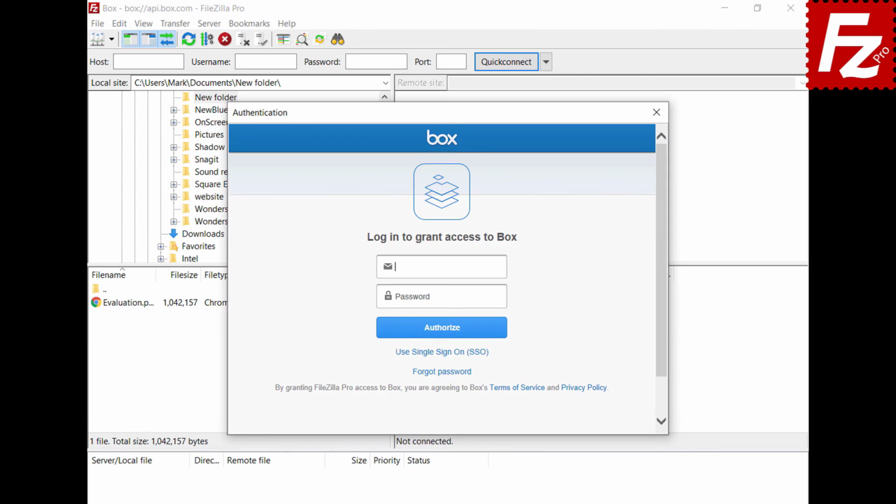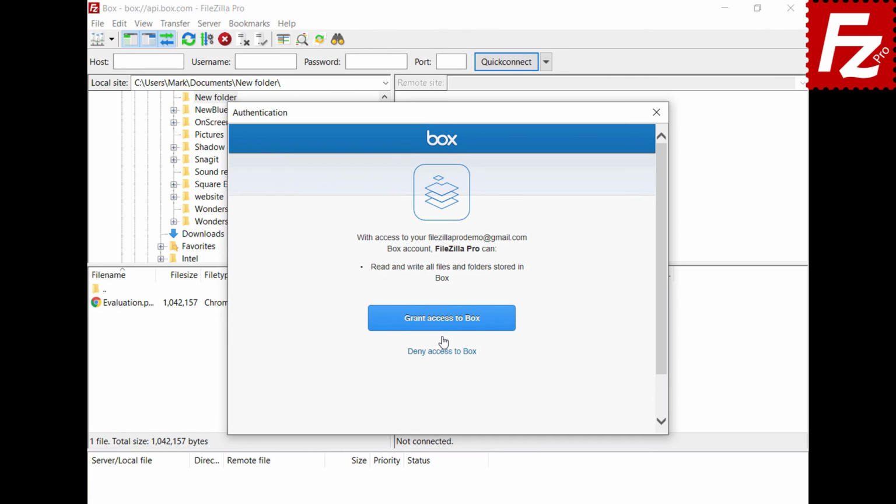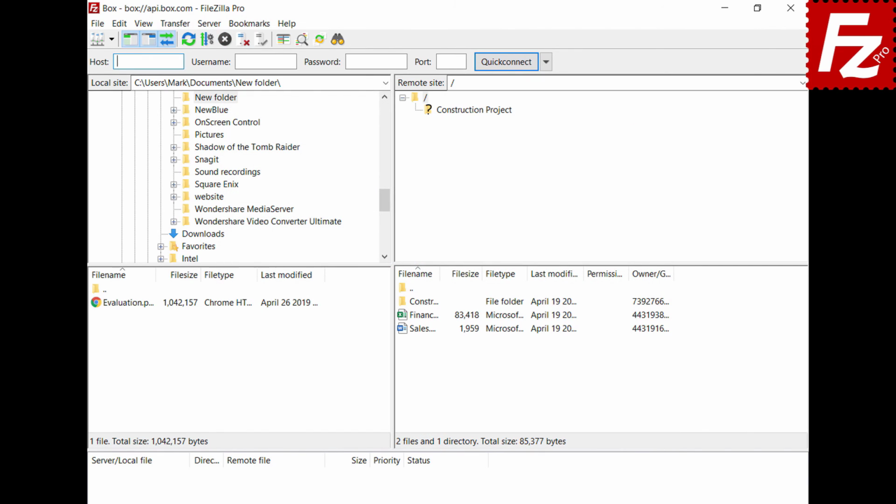Press Connect and you will be redirected to Box to authorize FileZilla Pro to access your Box storage. Enter your Box credentials and click Authorize to continue. Now grant FileZilla Pro access to your Box account. To avoid re-entering your credentials, you can set a master password and let FileZilla Pro authorize you for next time